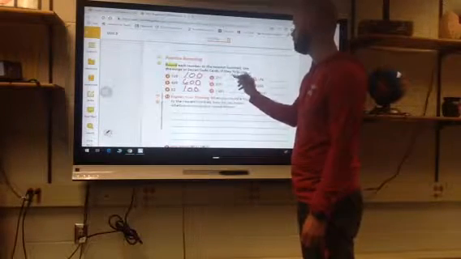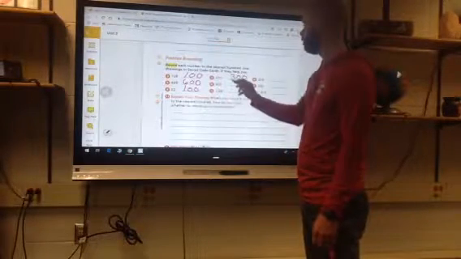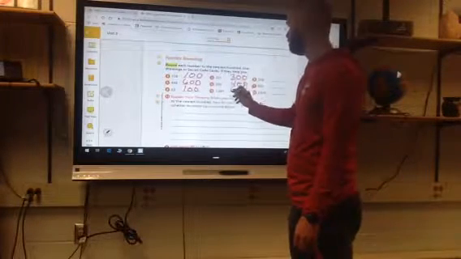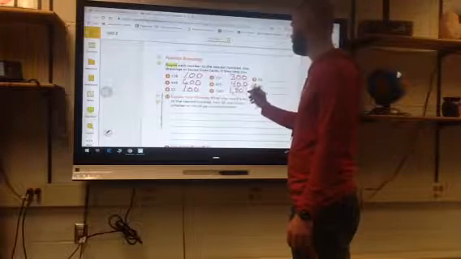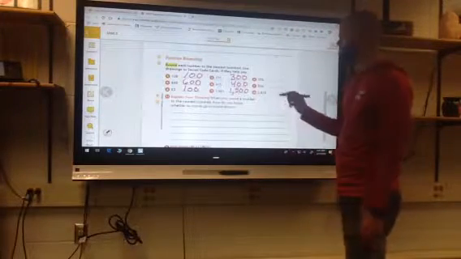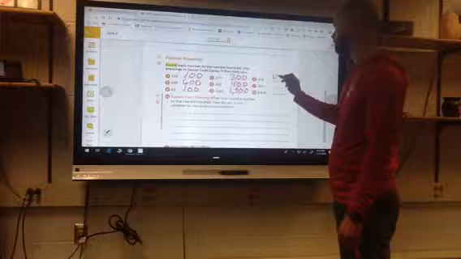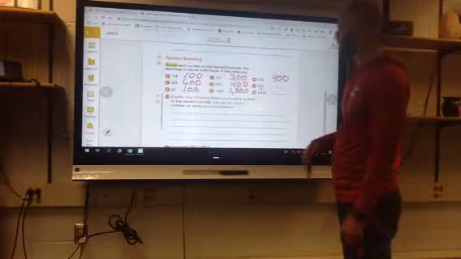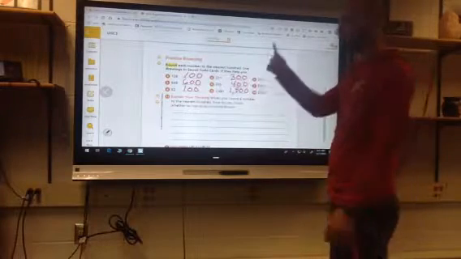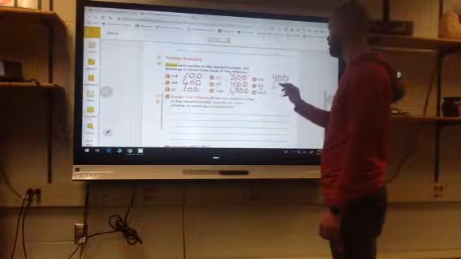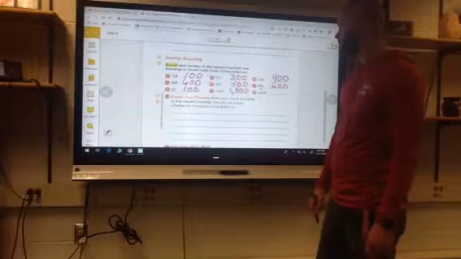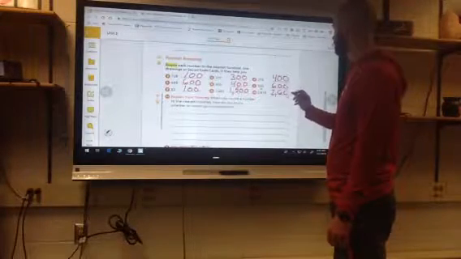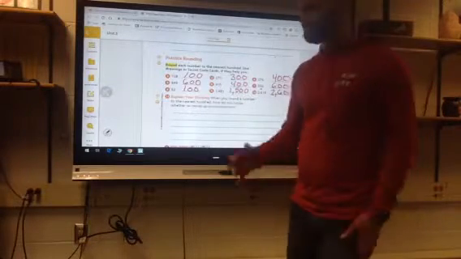271 would be rounded to 300. 415 would be 400. 1,481 would be 1,500 is the nearest 100. 376 would be rounded to 400. 550, that tens place is the 5, even though that is right in the middle, the 5 tells us to round up. So up would be to 600. And 2,615 would be 2,600. Okay. Alright,